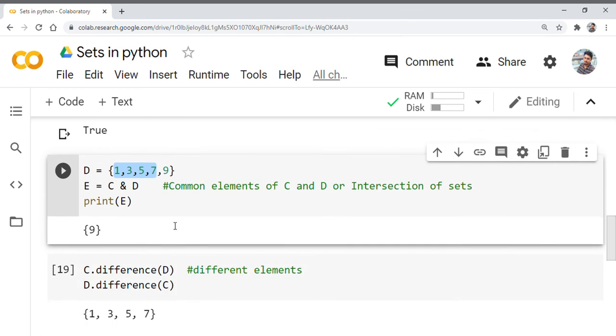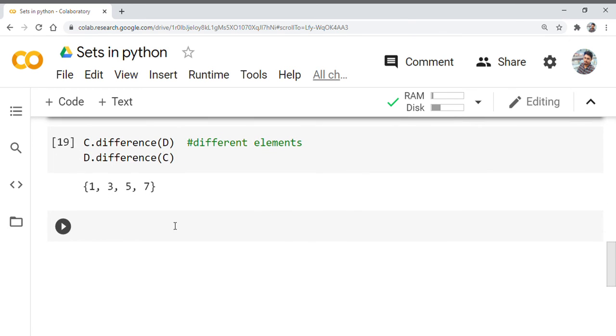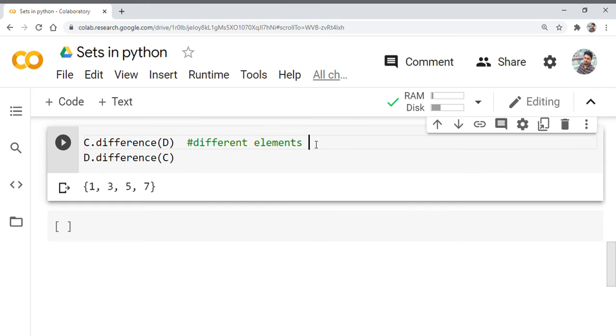So that's how we can find the differences, different elements. Present in C and not D, here vice versa.